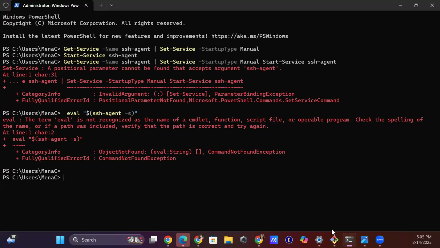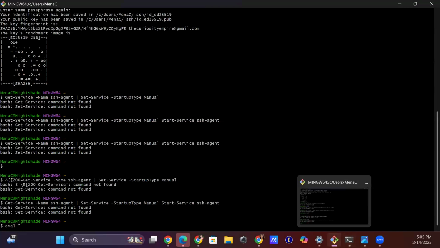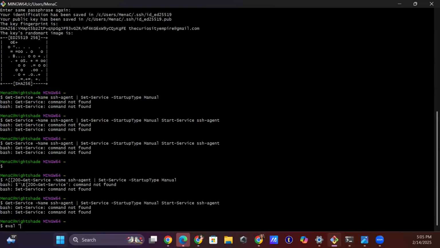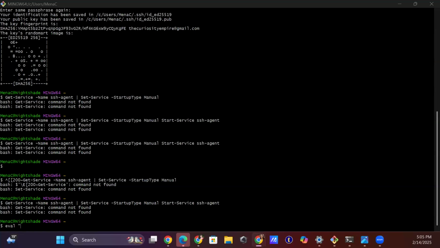Yep. Okay, so should I be typing it into Git Bash there? Yeah, go ahead. Looks like you're one step away. Just keep writing that eval there. Okay. I just posted a link about running SSH in Windows. Oh, would it be this one here? Yes, that one. Yep. Turns out SSH is installed in Windows now.